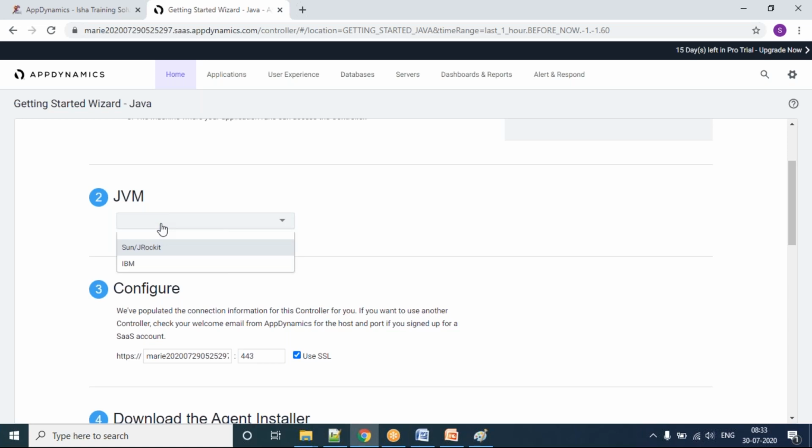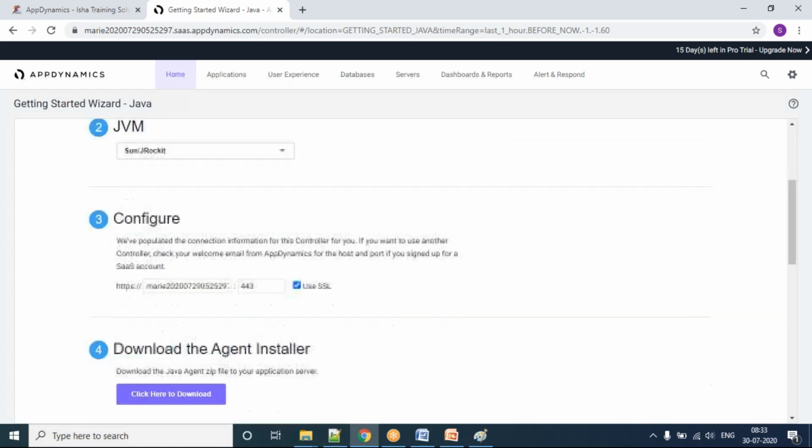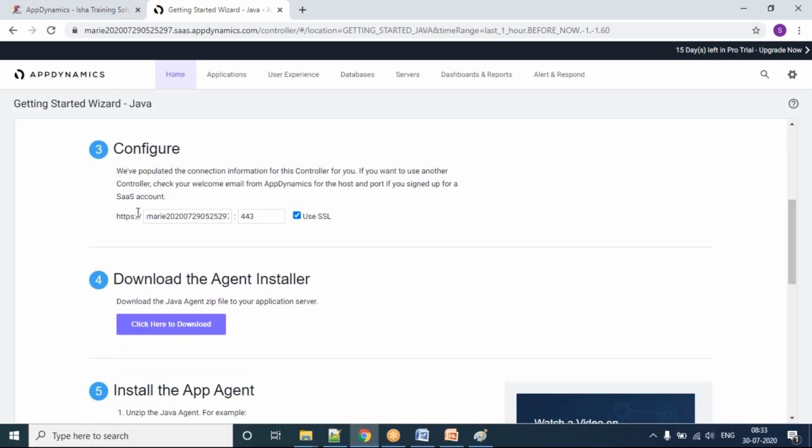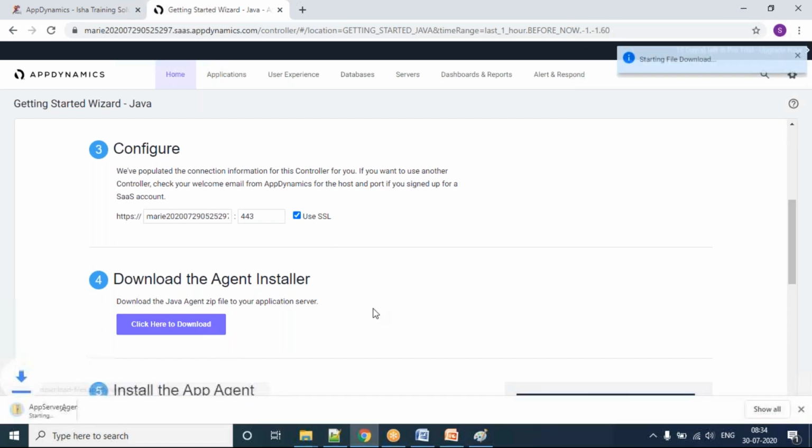In your organization you have to go and discuss with your developer and ask what the JVM is. You can see the top of the URL, it is my tenant. Through that only I'm going to configure my agent. I'm saying download the agent. Basically, we have to download the agent, so I'm downloading it now.